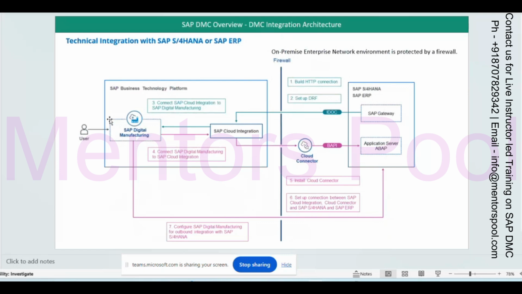They also provided an edge application. The concept is that your plant will still run, and whatever data gets generated will be put into the edge, and then when the connection is up, it will sync to the DMC. In that respect, they are using the edge concept, and they are also working on the edge part as well.